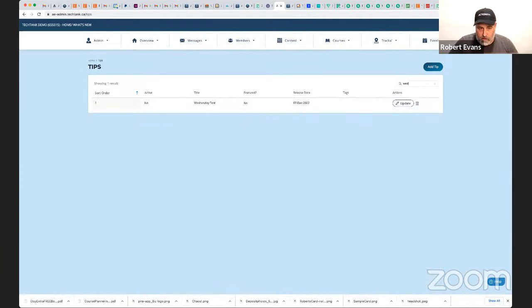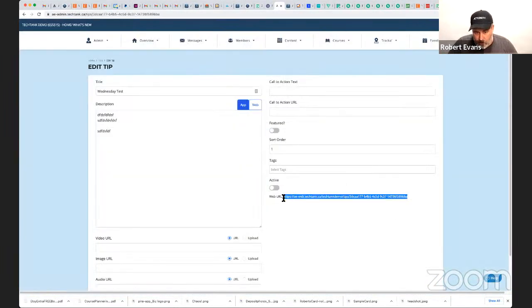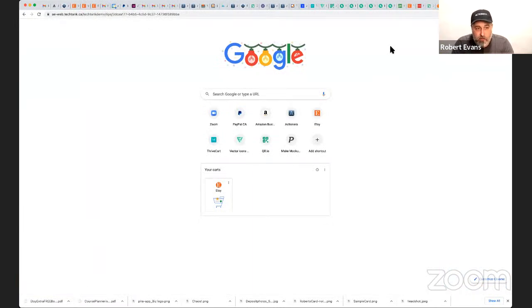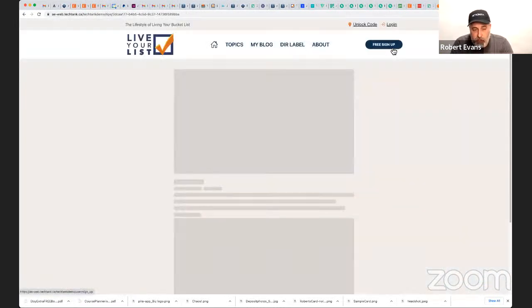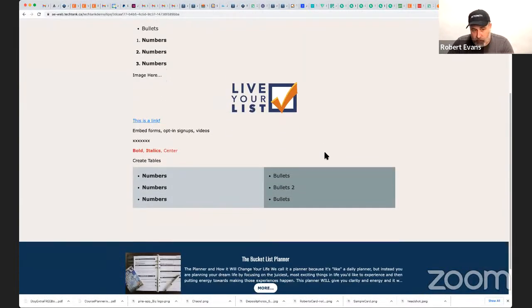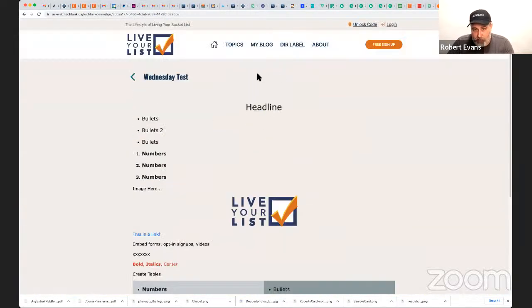And I'm going to go back to it, grab the URL. It then will display on the page the way you're actually designing it there. So you can jazz up your pages. Yes, I used the word jazz. You can jazz up your pages with the WYSIWYG and do all kinds of stuff. So this is significantly awesome,